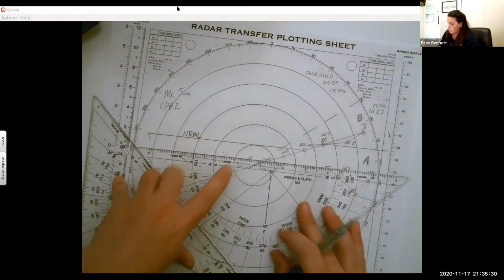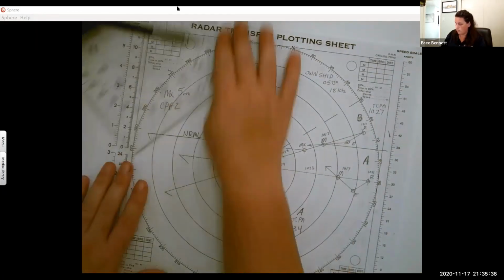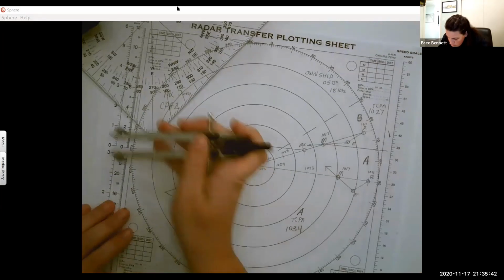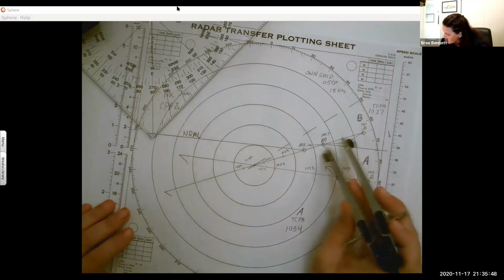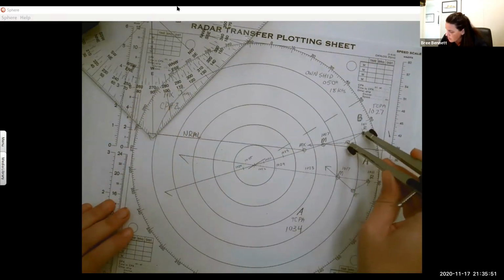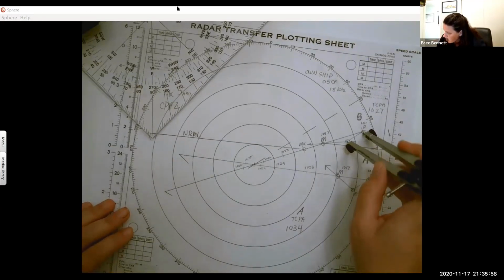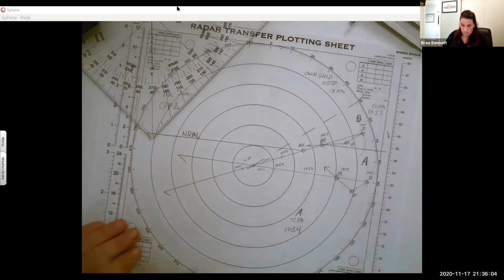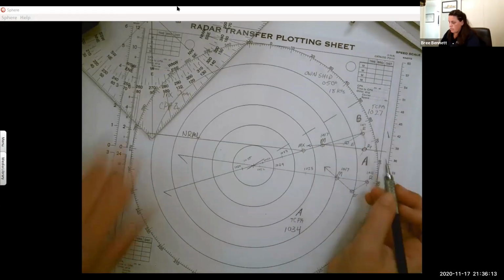Hopefully I made that far enough. Yeah, I did. Okay. So my E to R was 18 knots. Let's make sure I have 18. E to R was 18 knots. And we are going to turn to the right. So where this crosses is my new R prime. So my triangle now looks